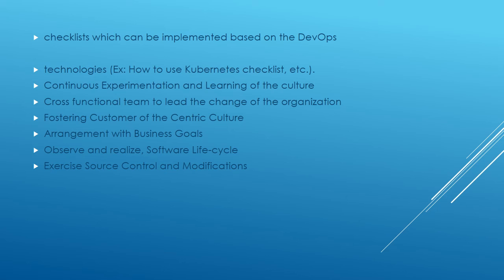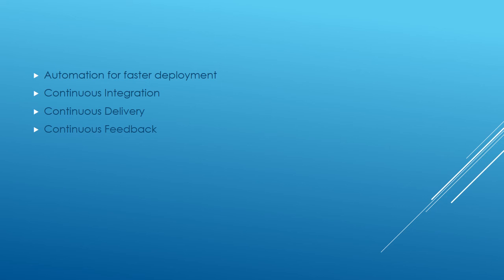The continuous explanation can be learning of that culture, cross-functional teams to lead the changes of the organization, forthcoming customer centric culture, arrangement with the business grants, and observe and realize software lifecycle, and exercise the source control and the modifications also, and the automated faster developments, the continued integrations, continuous delivery, and the distribution, continuous feedback, and